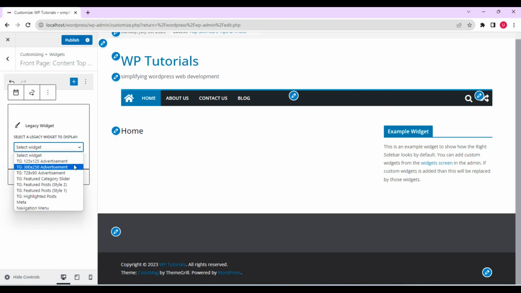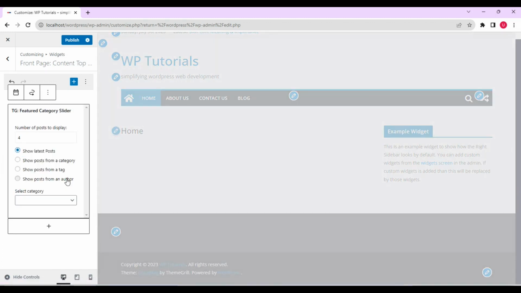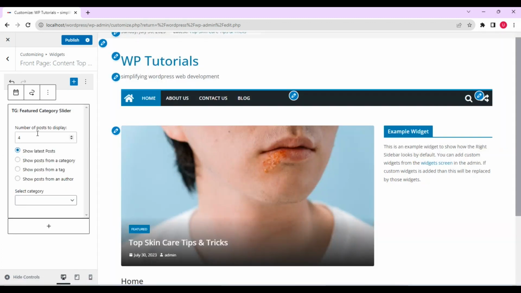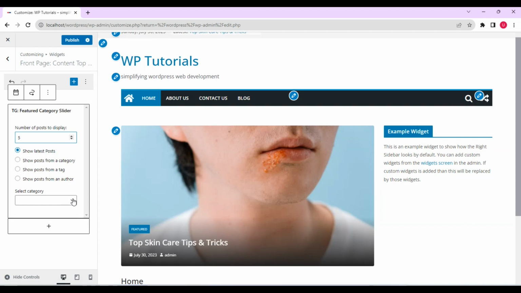I want a featured category slider. If I select that one, it will ask me how many posts should be displayed. I think I will do 5. That's okay. And from which category, I will select featured, like so. So you see, once that is done and I click